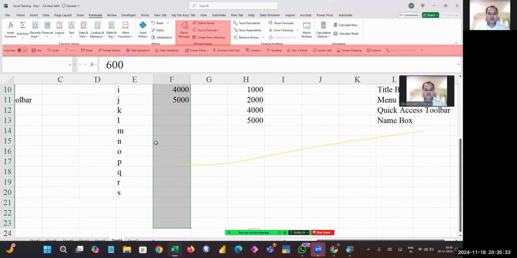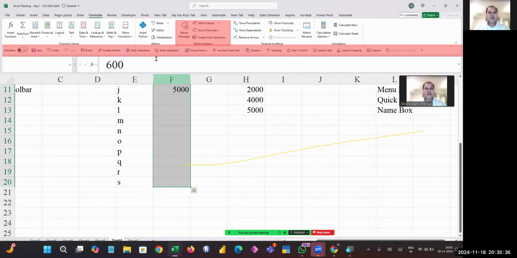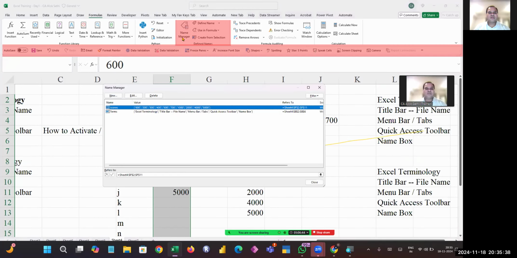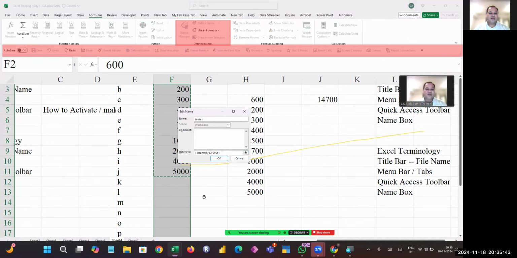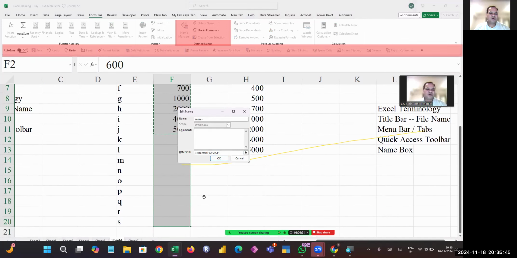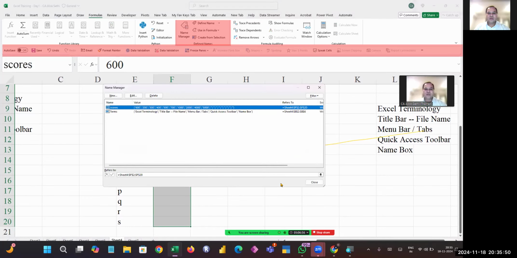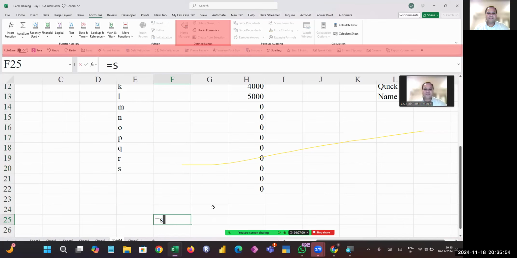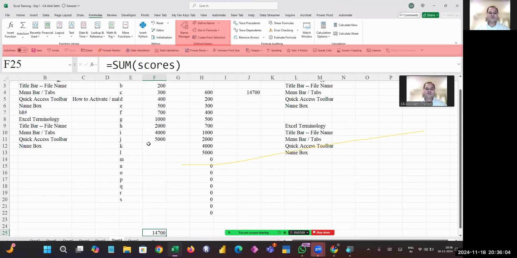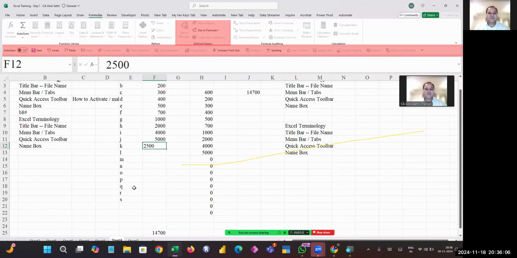तो yes, definitely you can. तो ये मैंने यहाँ तक सेलेक्ट कर लिया and now I go to Name Manager and I will update this range to include till F19 or 20. So I'll say F20 and say OK. So this is updated. Now when I write is equal to sum and then scores, it will select all this and I will get the answer. ठीक है, 14700 ही आ रहा है। अब suppose I add more scores, मैं यहाँ पे 2500 लिखता हूँ,